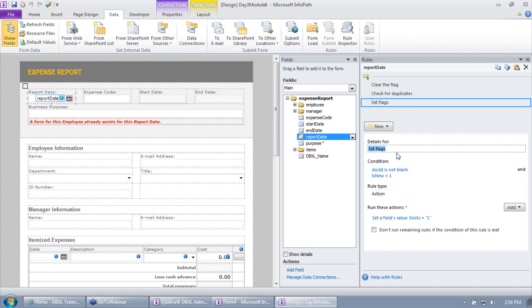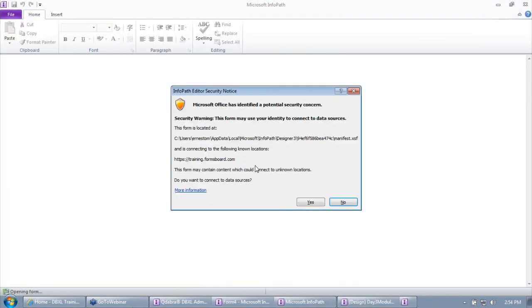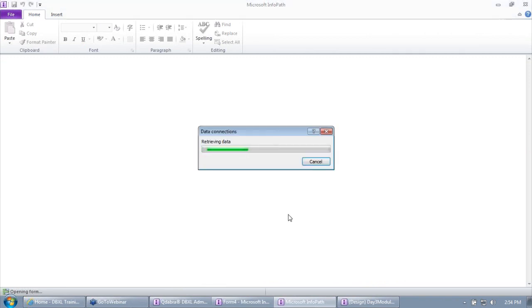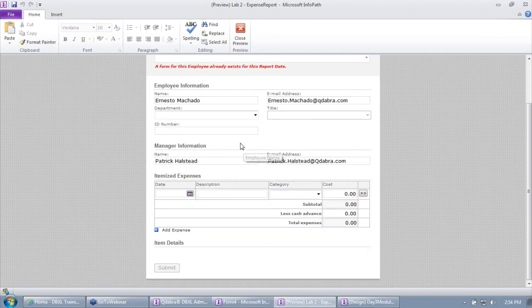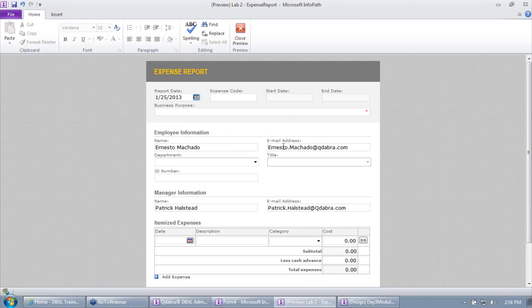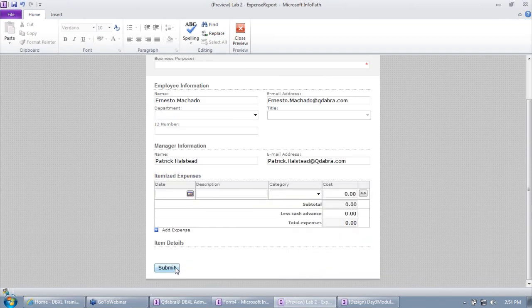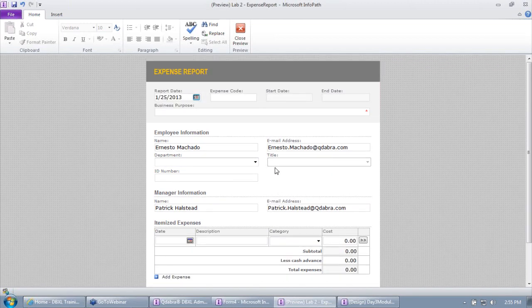I'm just placing it in a different location so that when I load the form, I'm going to get this message that says you have already submitted a report on this date, so you can't submit. So let me just change this to the 25th. And the message is gone and my submit button is enabled. So that's the purpose here. The purpose is to,